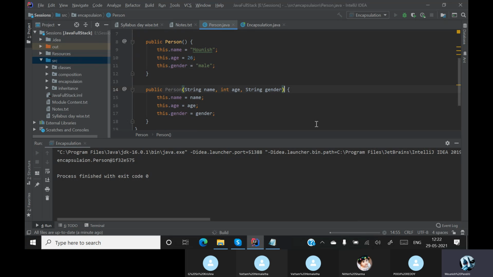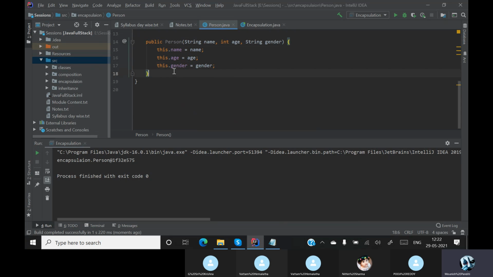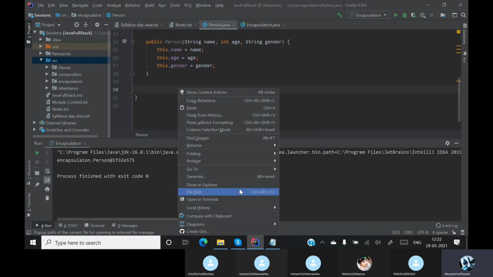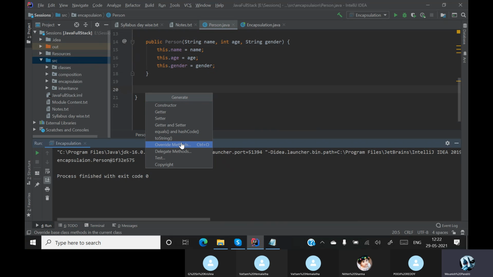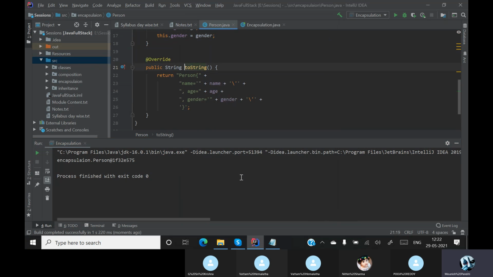Done. Now I'll simply create this. Still I am getting the same output, but that's not an error actually, that's a regular thing. Now here goes. We got our details, right?